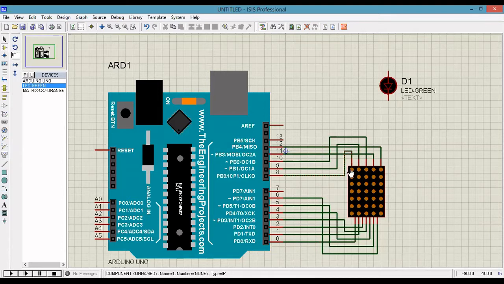Or suppose I want to enable all these LEDs. What you have to do is give a low signal to row 1, row 2, row 3, row 4, row 5, otherwise called column 1, column 2, column 3, column 4 and column 5. All these pins I have to give as 1. Next, I have to give a row. This is the first row. For the first row, if I give 0, all the LEDs will be on. This is the concept of LED display.